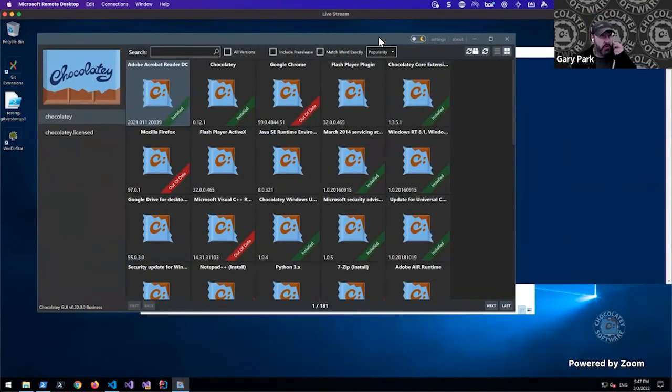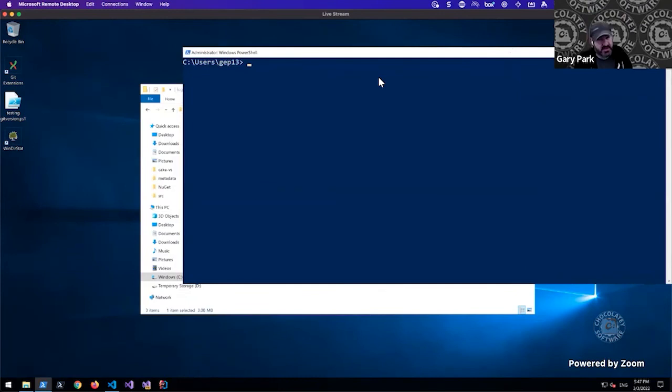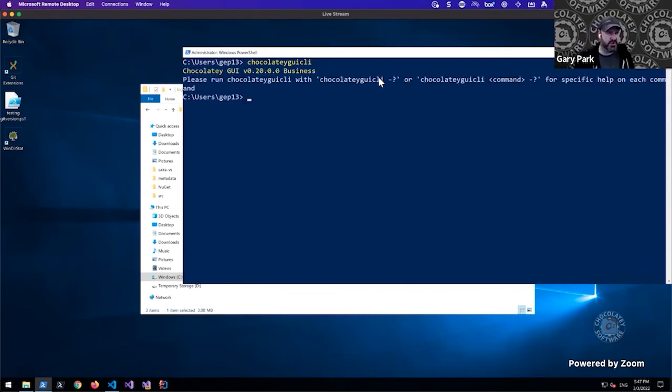There were no changes to it in this release. But the other thing to mention is that in addition to having Chocolatey GUI, there is also a Chocolatey GUI CLI. So anyone out there might be wondering, well, why would I need a CLI for Chocolatey GUI? And it's really more to do with the